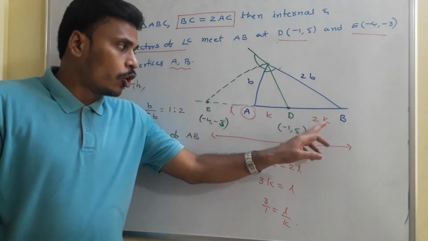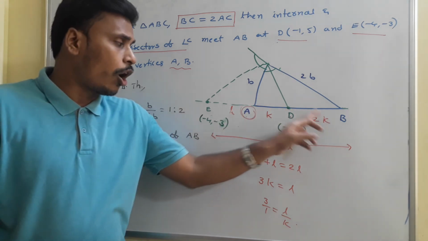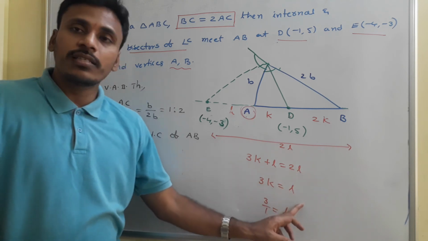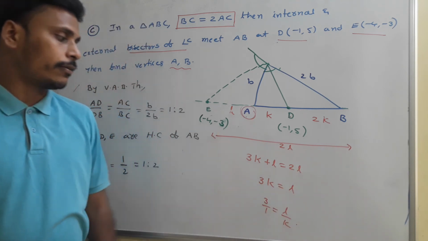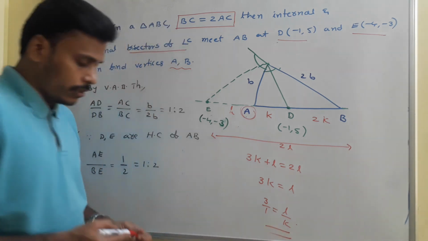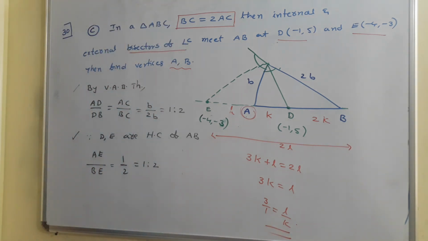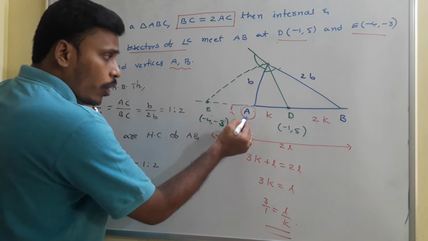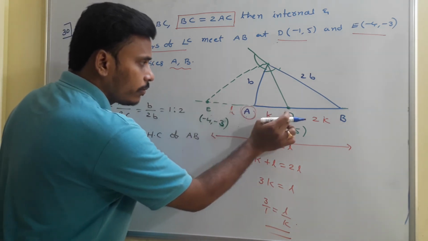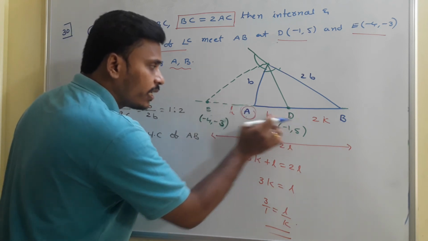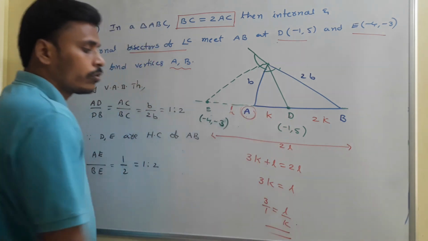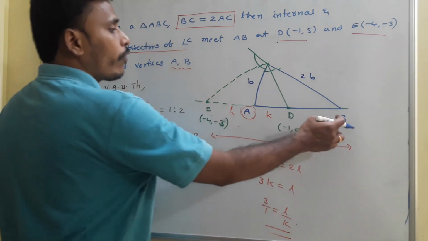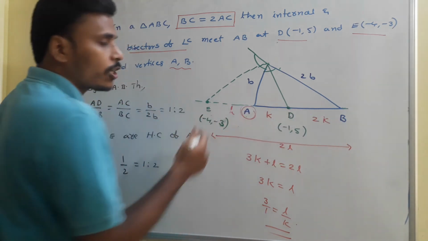So at the end, if you observe 2K, K and L, if you add these three, that is equal to 2L. So 3K plus L is 2L, 3K is L, and L by K is 3 by 1. So now L by K is 3 by 1. Use that L by K to find D, A and B. Now we are thinking about A. You just look there, what is this A? So A is dividing ED in the ratio L is to K. So that ratio is what? 3 by 1. Use that ratio, find A. Again, since you are going to find B, think about AD, what is the total length, and then find B.